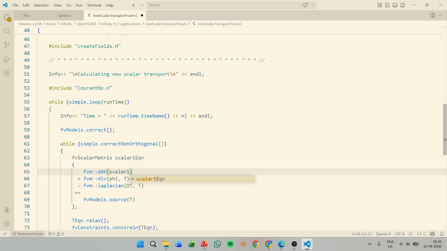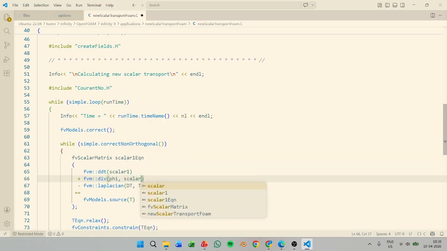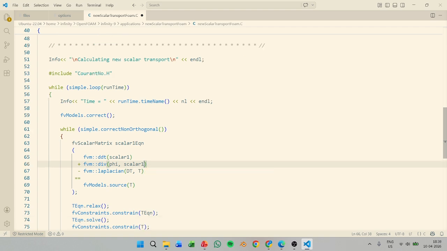Okay, the next thing we have in the equation is your divergence plus divergence of u comma s. So in our case we have flux, that is u, and then we have t, in this case scalar, so we'll type again scalar 1. Okay, and the next thing we have minus